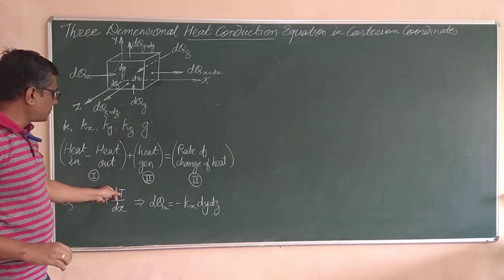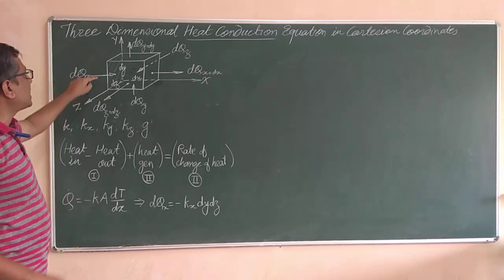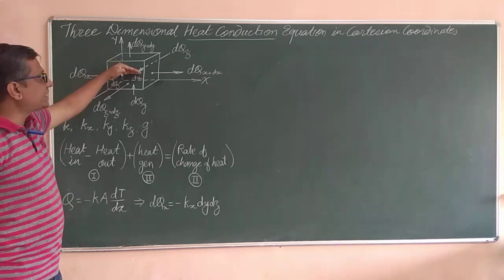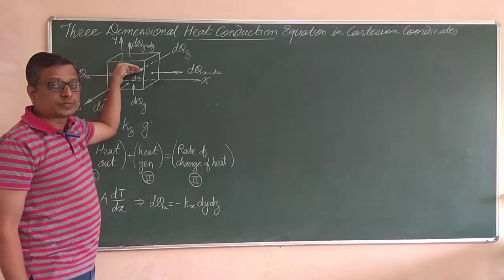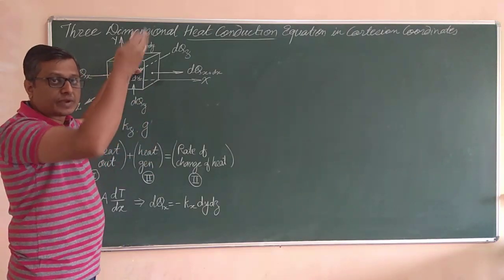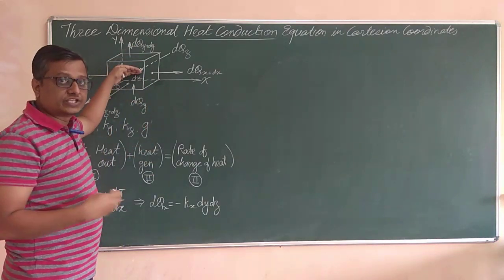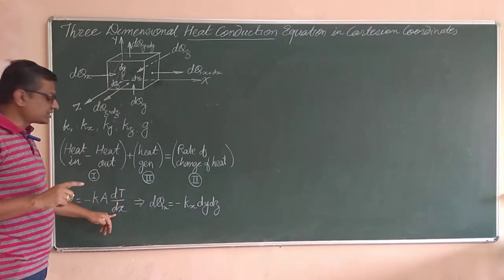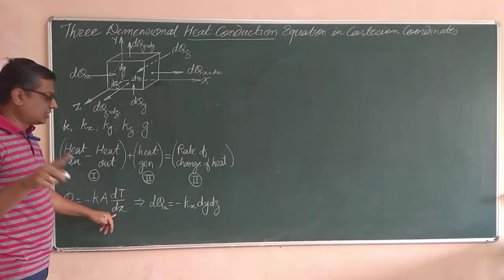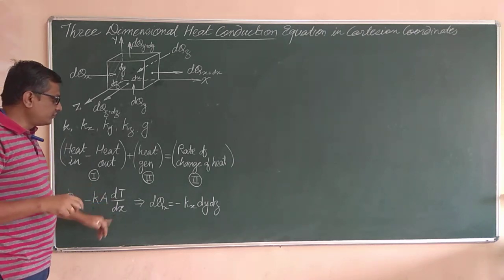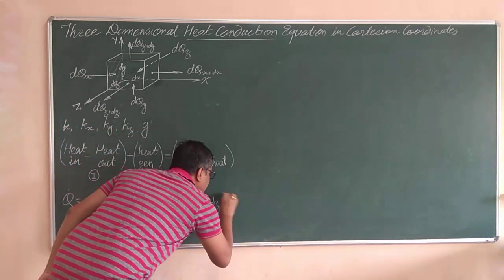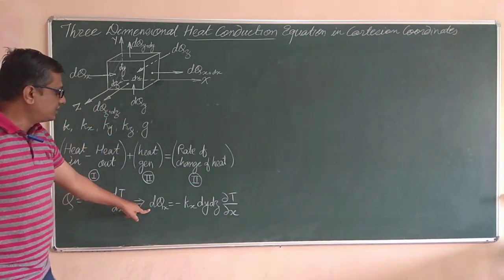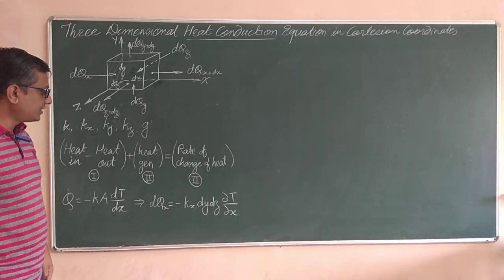Now this is the rate of change of temperature with respect to x direction, but we are going to take down this temperature gradient only along the x direction, whereas there may exist temperature gradients in other directions also, like dT by dy, dT by dz. But we are going to take this temperature gradient only along x direction. So this differential will get reduced to the partial differential ∂T by ∂x. So this is what dqx, right?